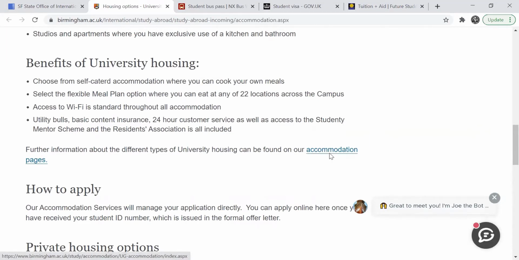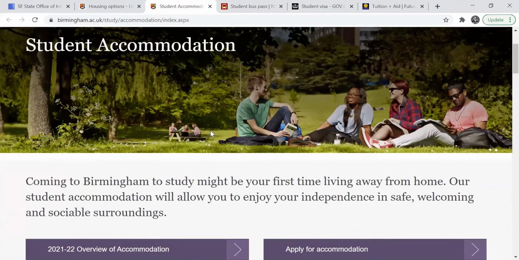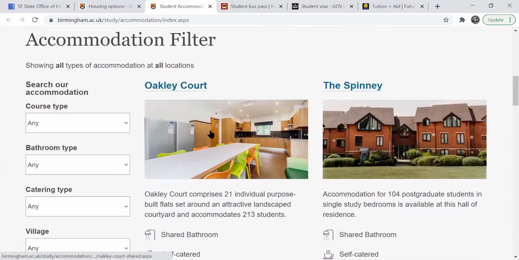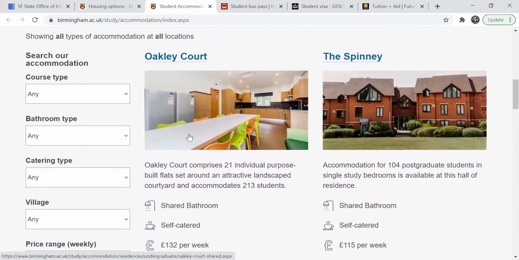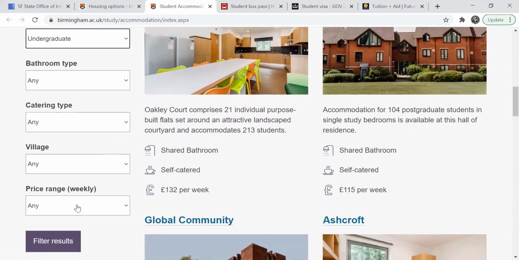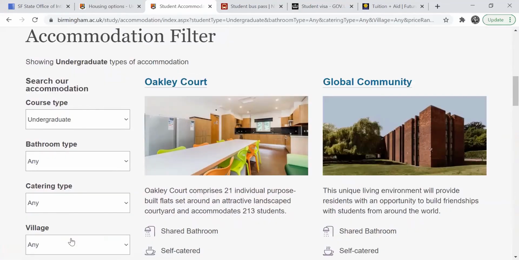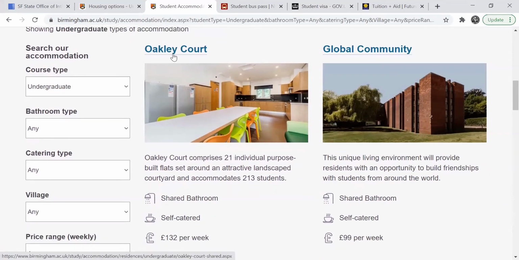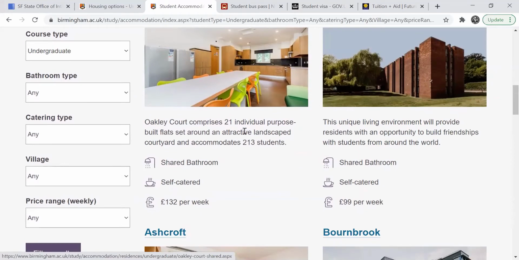So I click over to the student accommodation page and I can actually do a search on their website for housing. In this case, I'm going to look for undergraduate housing. Maybe I don't have a particular price or preference yet, so let's just see everything that comes up for undergraduates. After doing some of the search, let's say I decide that Oakley Court is my top choice. It does have a shared bathroom, it has a kitchen, as I can see here in the picture. So I'll do my own cooking, and it's